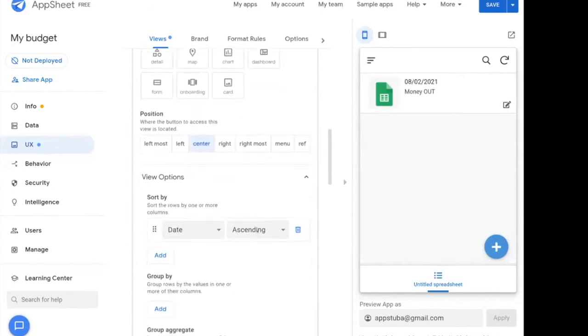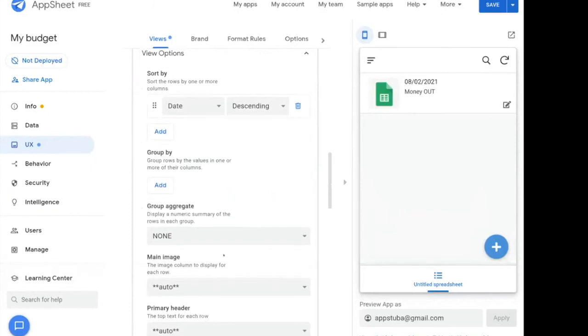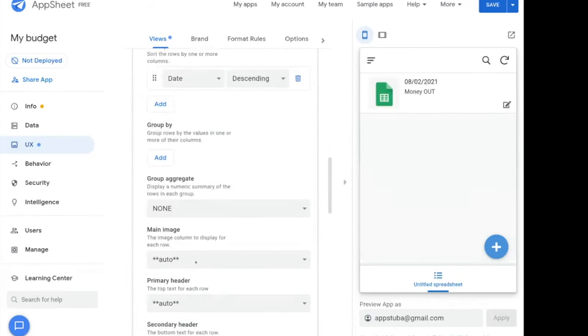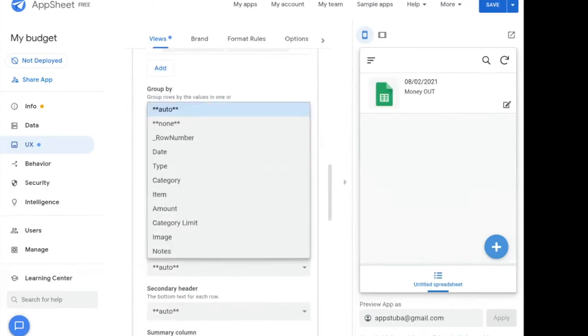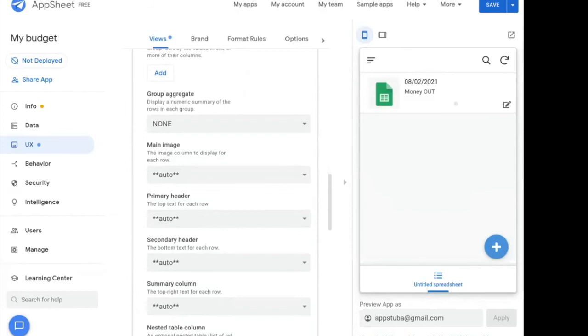I can sort by date. By default it is like that, but I can do it descending instead of ascending. I can add some in the view options. I can say the main header, primary header, right now it is date. I'm happy with that. Let's make it fixed rather than auto. The primary header is this header here.